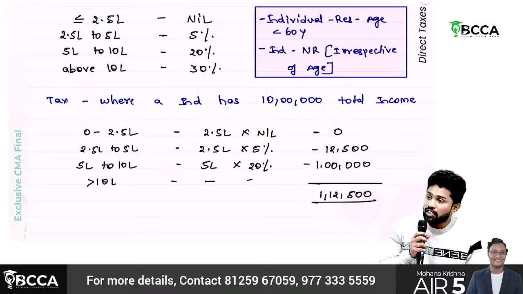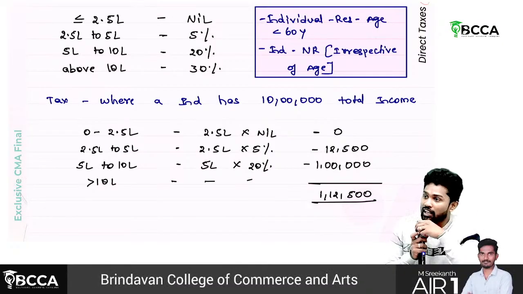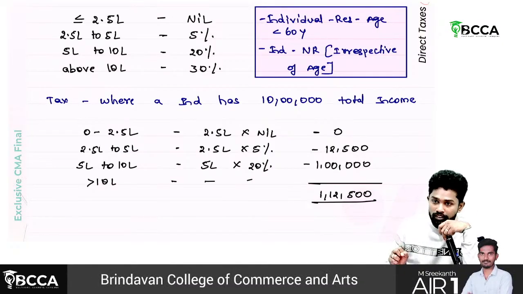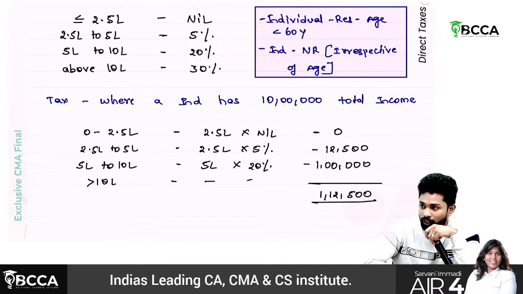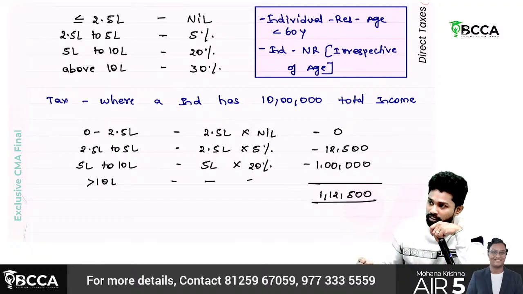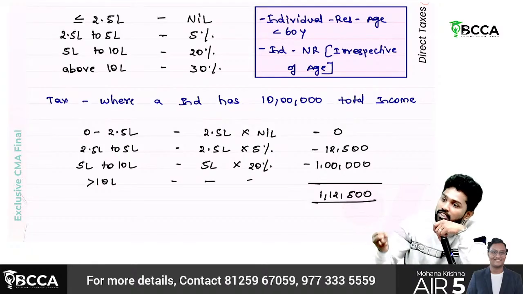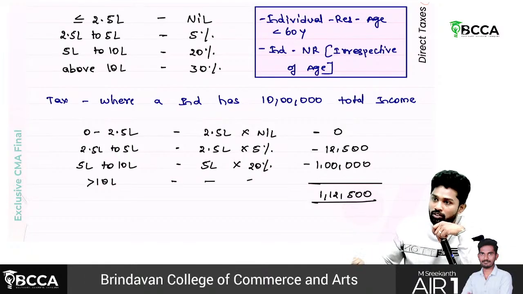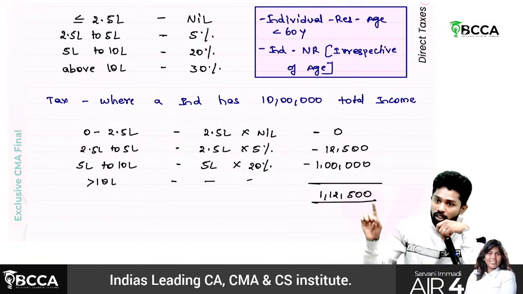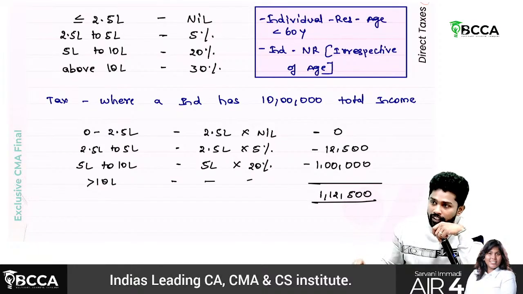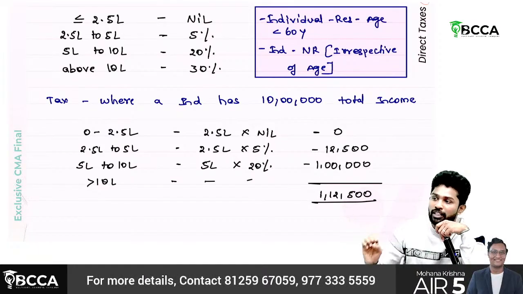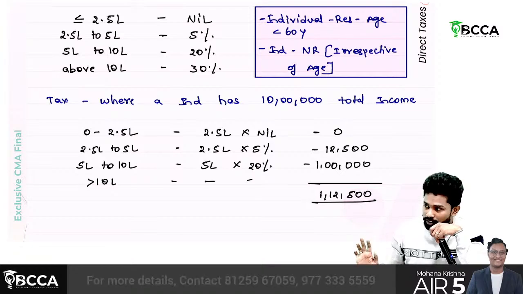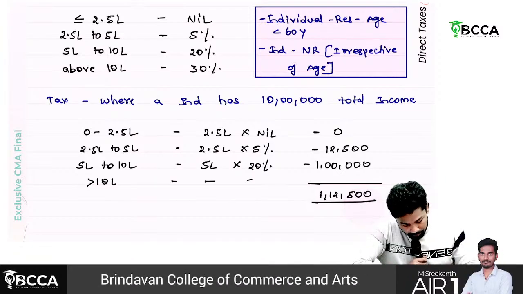For the default regime at 15 lakhs, 1,40,000. For the old regime at 10 lakhs, it is 1,12,500. This makes our computations much easier. Let's say you need to do a marginal relief sum. At 50 lakhs, you need to calculate tax. First 10 lakhs, we already know: 1,12,500. On the balance 40 lakhs, straight away you multiply with 30%. Understood, right? Okay.